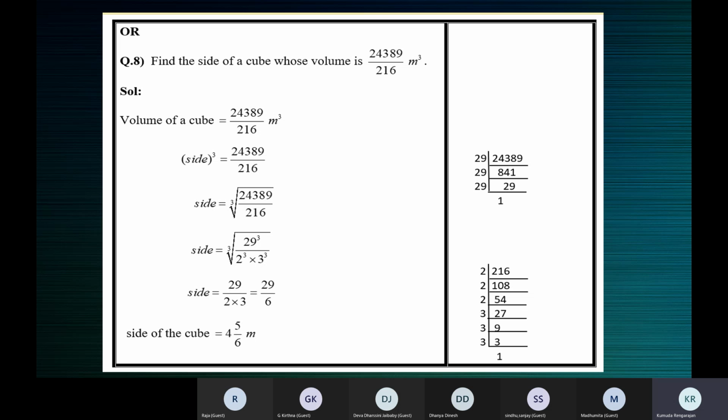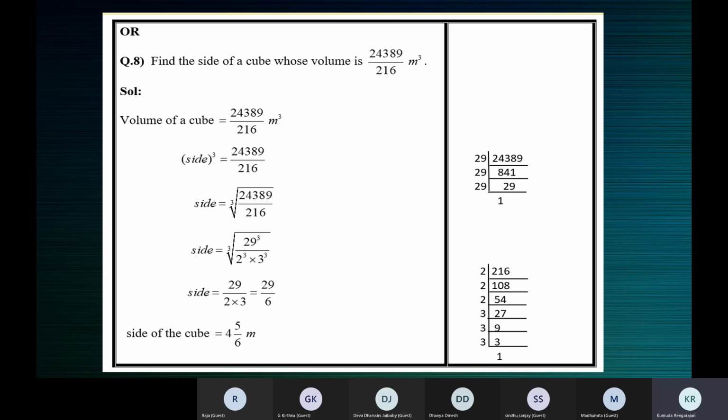So if a cube has a volume of 125 meter cubed, then its edge will measure 5 meters. Because length into breadth into height, or edge into edge into edge, all three are the same in a cube. If the volume is 125, then the edge has to be 5, because 5 into 5 into 5, length 5, breadth 5, height 5, can only give the volume 125. What if the volume is 64?